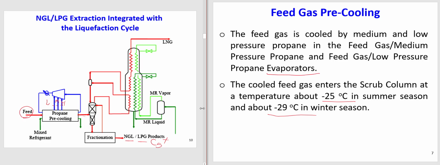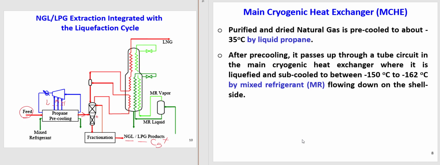So after the pre-cooler, the feed gas, which is here, reaches a temperature of -25 in the summer season, and -29 in the winter. Then it goes inside the scrubber column here. Okay, after that,